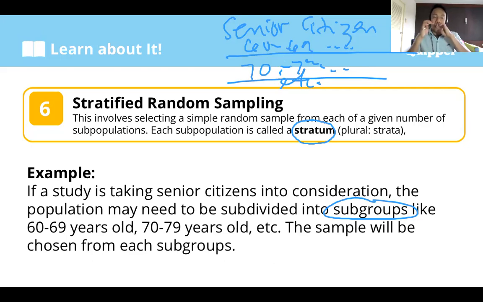For example, meron kang 1,000 participants for your research population. But you will just use some of them. So that will be the sample. So if you want to use stratified random sampling, you need to divide the 1,000 into subgroups. Did you get it? In subgroups, for example, your research is all about